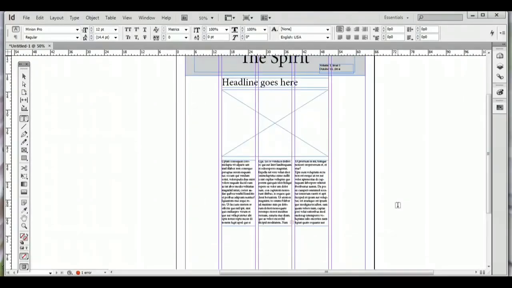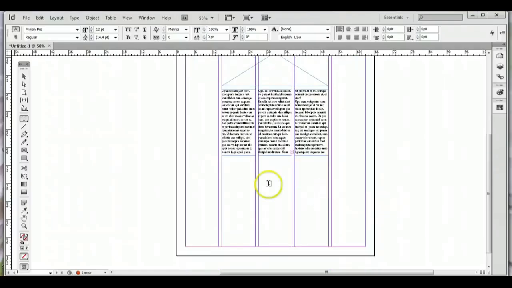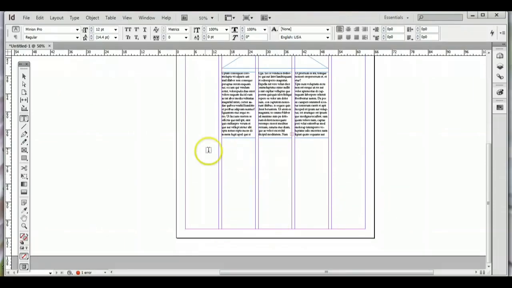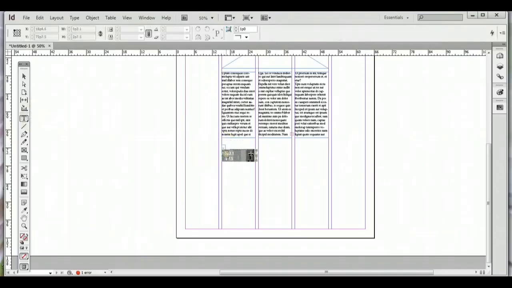So we want to place 3 more stories on this page, and I've got 2 full columns available, and then this rectangle here down at the bottom is available. So let's start with that rectangle down at the bottom. So first for our story, we need a headline. And again,